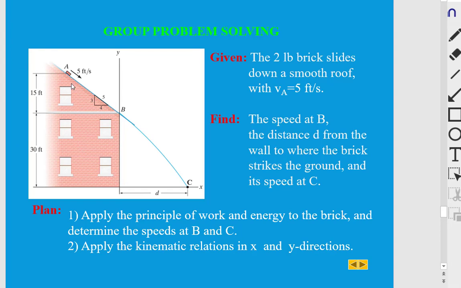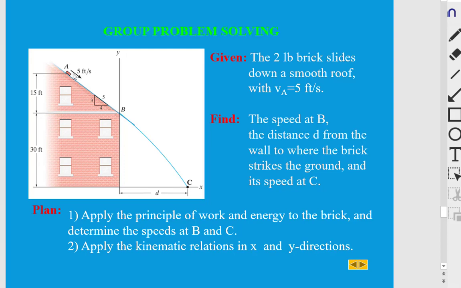The easiest way to calculate the velocity at B, since this is a smooth surface, is this: the only force acting on this body is its weight, so the energy method will be well suited for that, right? So I will choose the energy method to calculate the velocity at B,